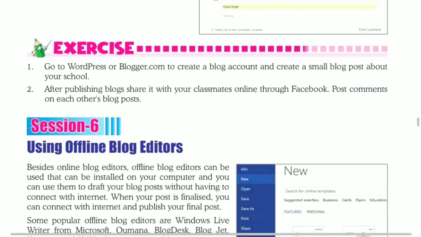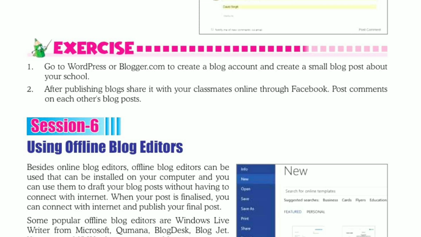Now there is an exercise question, as you can see on the screen. Both these questions are practical based questions. These questions are to be done by yourself on your own. First question is, go to WordPress or blogger.com to create a blog account and create a small blog post about your school.